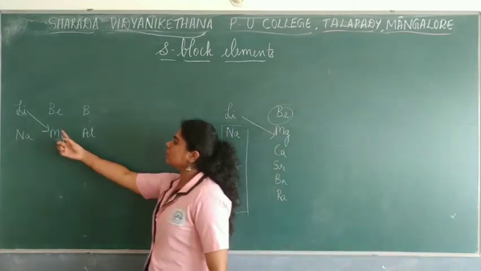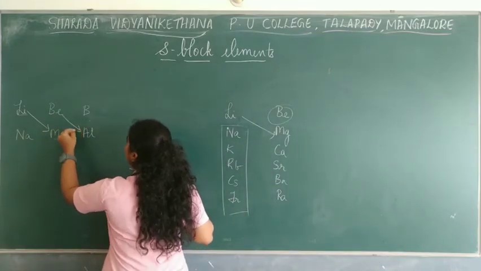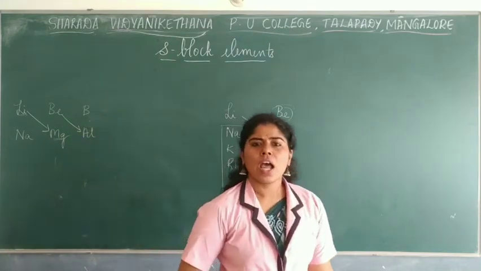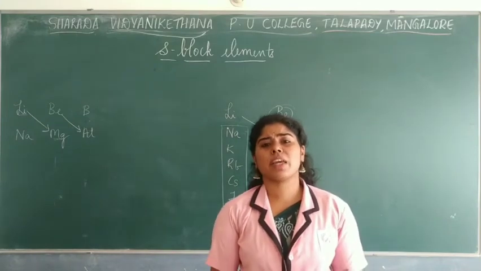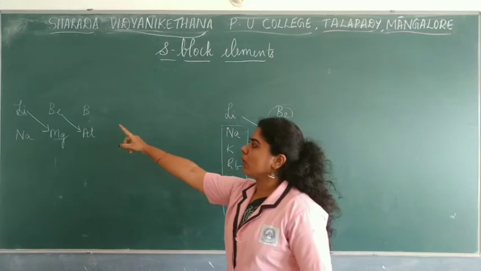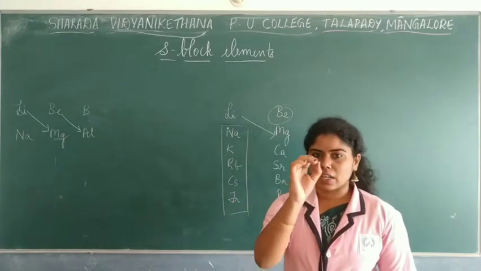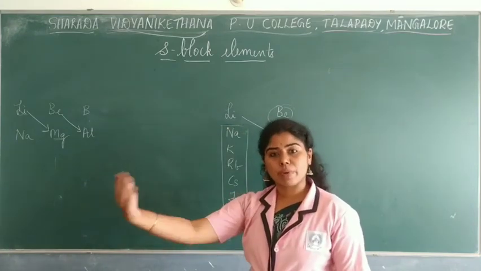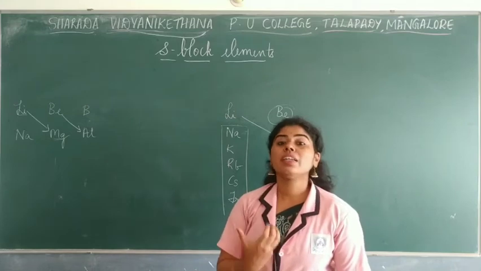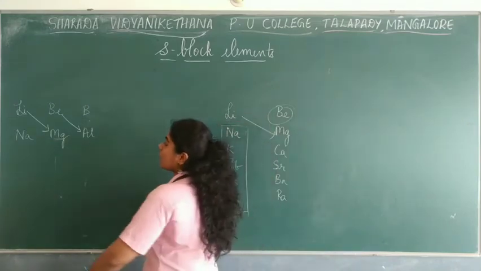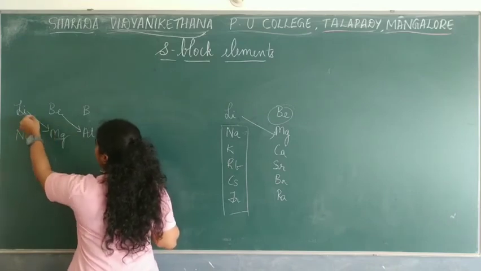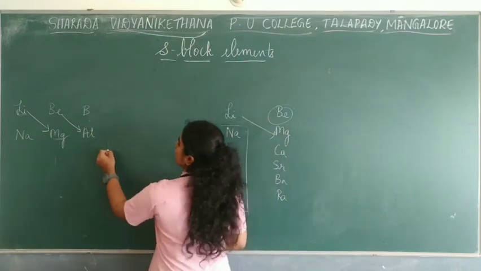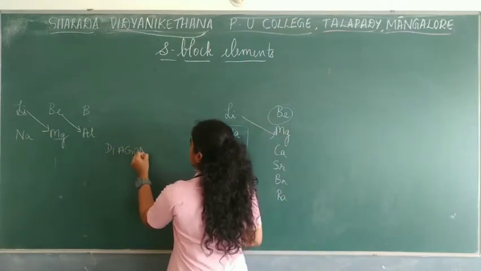In the same way, beryllium would have properties similar to aluminium instead of its own group. That means the second element present in the next group. So this exceptional or anomalous behavior of these two elements, lithium and beryllium, this similarity in properties based on the second element of the next group, is called the diagonal relationship. So they are diagonally related, or their properties are similar to the element which is diagonally related to it. This relationship is called the diagonal relationship.